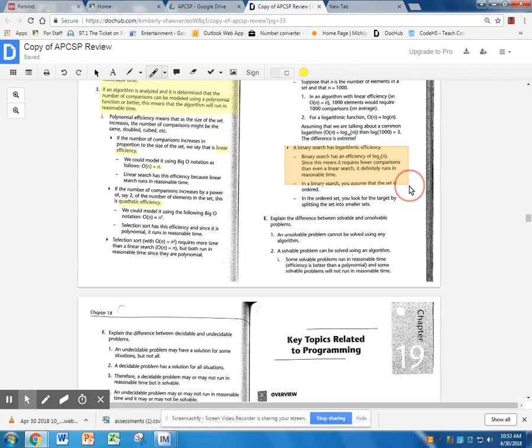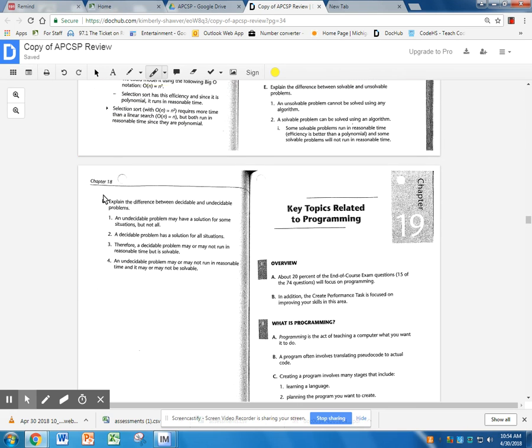Binary search has efficiency log base 2 of n, since it means that it requires fewer comparisons than even a linear search. It runs in a reasonable time. And finally, based on some of those first definitions that we saw, make sure you can